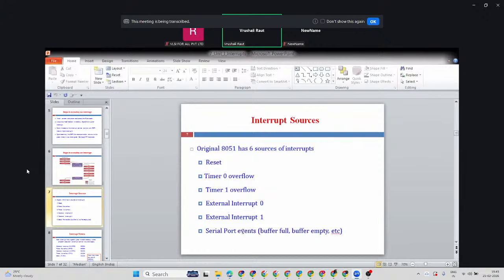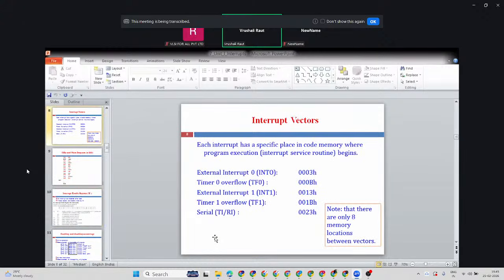And what type of event? It's the buffer. We are going to check the buffer next time, when we go for serial communication. Buffer empty, buffer full, this can act as the interrupt. So that way 1, 2, 3, 4, 5, 6. 6 interrupts are available in 8051, such a small microcontroller. These many interrupts are available. Okay. Now coming next,